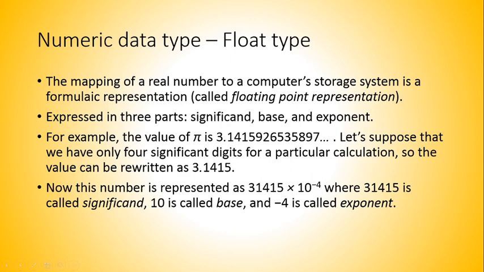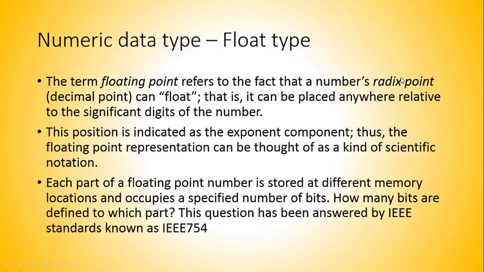So as I have already mentioned, there are mainly 3 parts of a floating point number: significand, base, and exponent. The part which is left is called the sign. The sign is an important part which also plays a role in memory allocation.